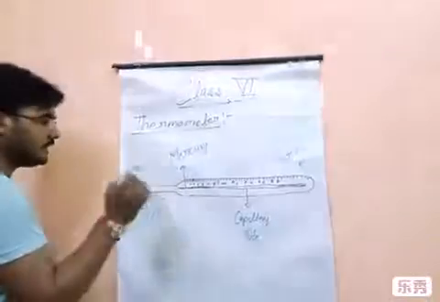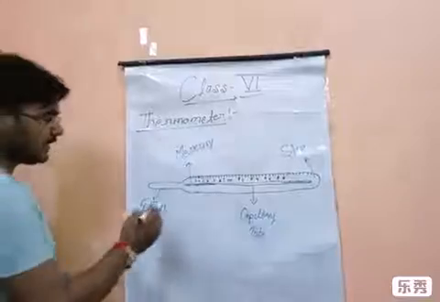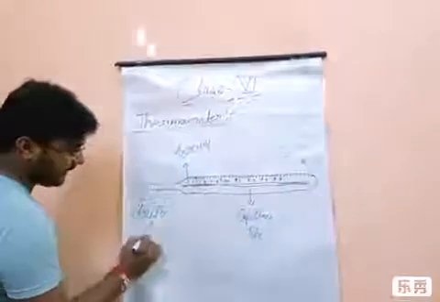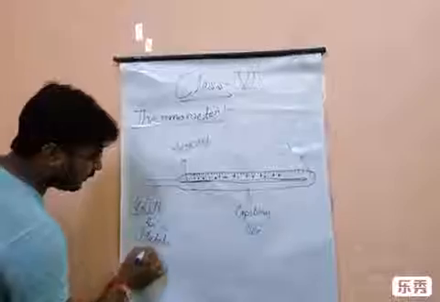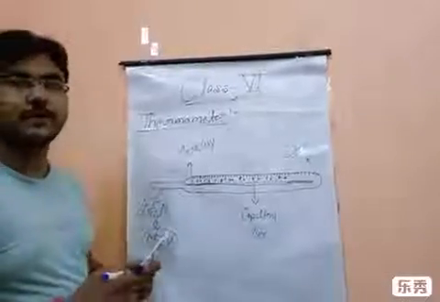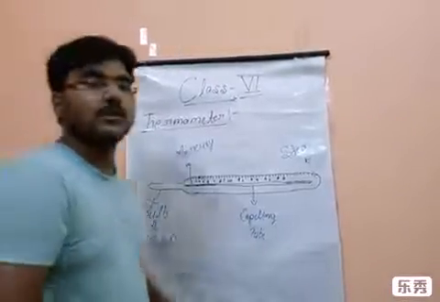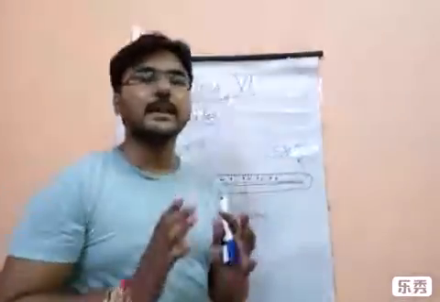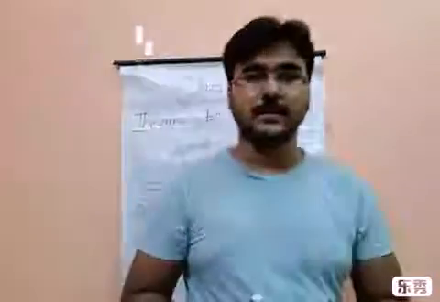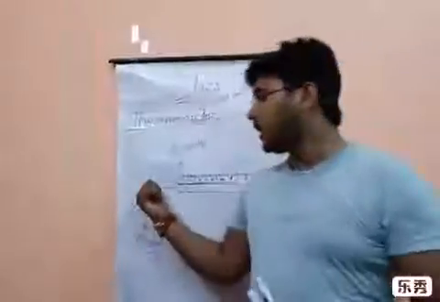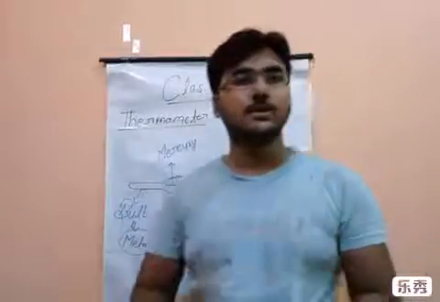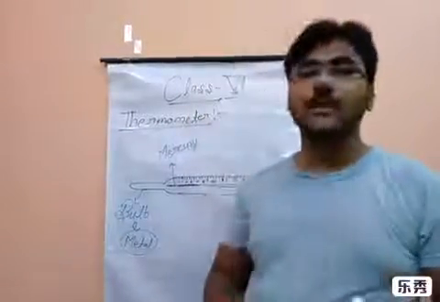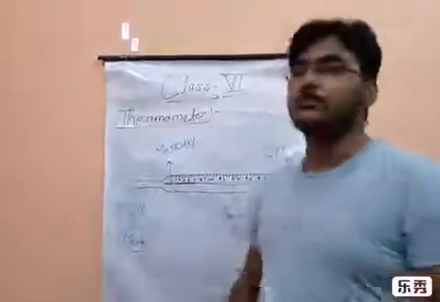First we will start with the bulb. This bulb is made up of metal. What is the reason behind this? We know that metal is a good conductor of heat and electricity. So if it is made of metal, it will conduct the heat or temperature of our body very fast and transfer it to the mercury.